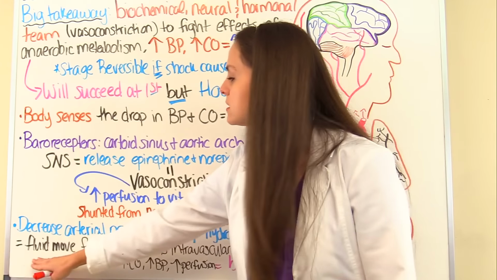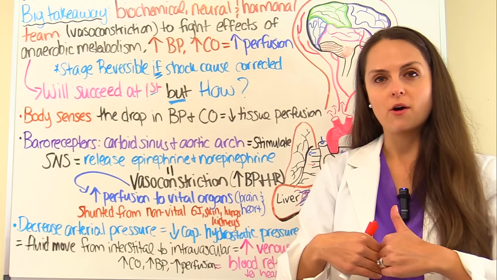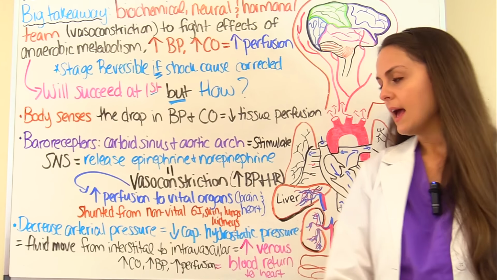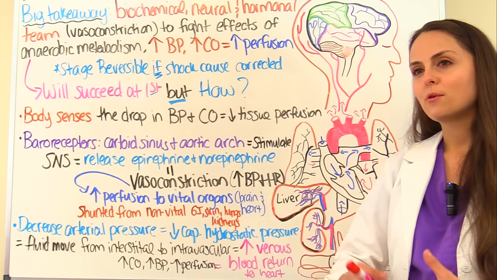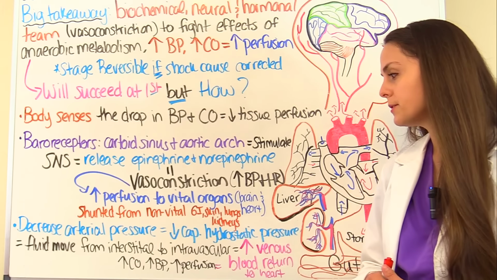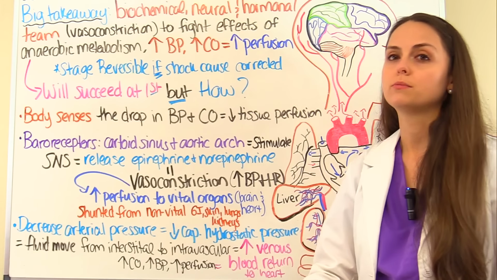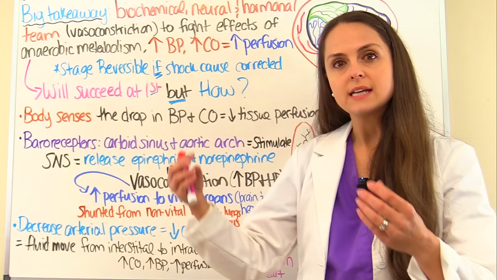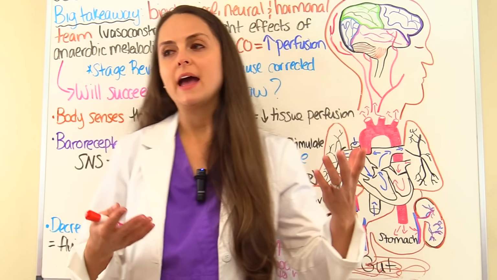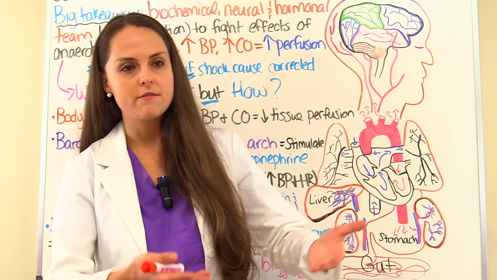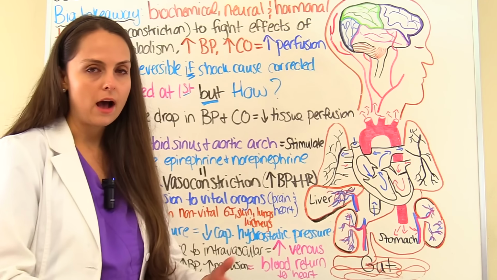So what it does is it causes fluid to move from the interstitial compartment to the intravascular compartment. So you have more fluid moving in there, and that's going to increase the venous blood return to the heart. So you have more fluid coming back to the heart. And what's that going to do? That's going to increase cardiac output, increase the blood pressure, and increase tissue perfusion. So it's a neat little helper to help us increase the fluid going back to the heart. Think of it like this: whenever we give a patient an IV fluid bolus in their vein, we're giving them some extra fluid so it can go to the heart and increase cardiac output and blood pressure.